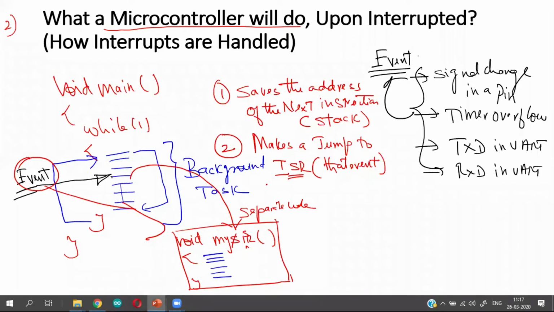Third thing, after completing this interrupt service routine, it returns back to the exact place where it has actually stopped the execution. Returns back to the main program.